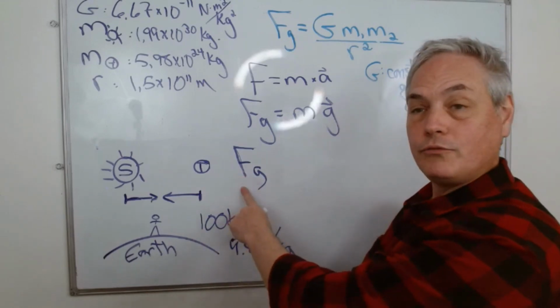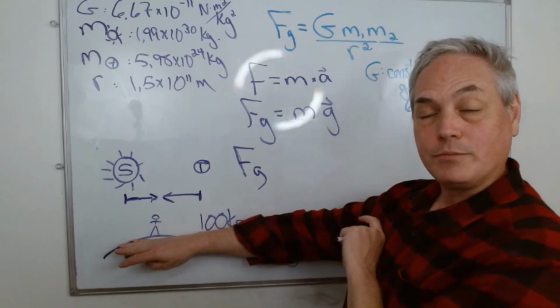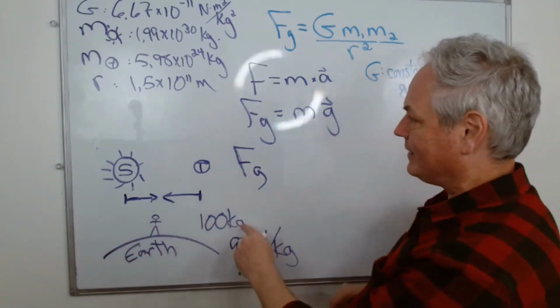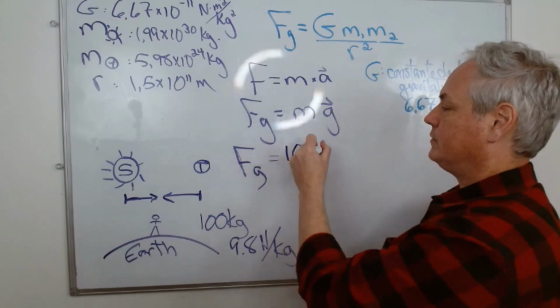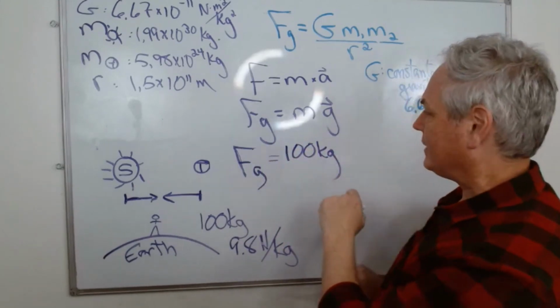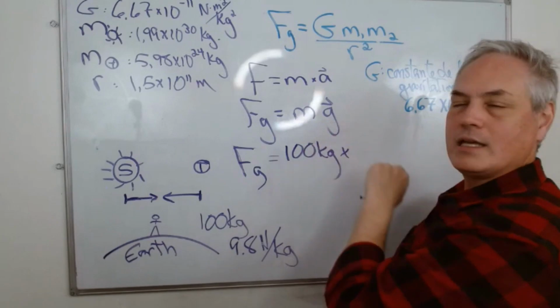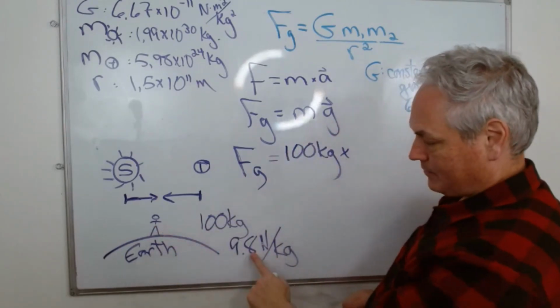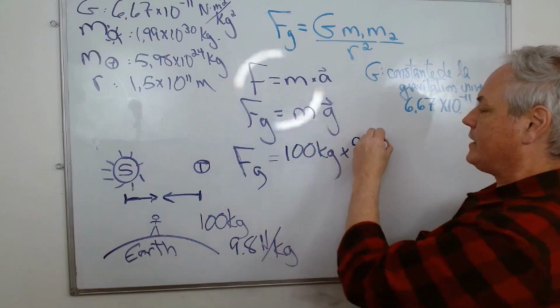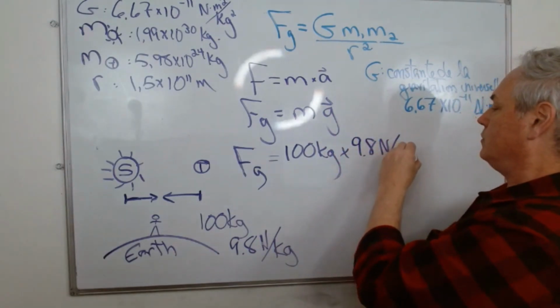So the gravitational force on this human on the surface of the planet is the mass, which is 100 kilograms, times the gravitational field at that place, which is 9.8 Newton